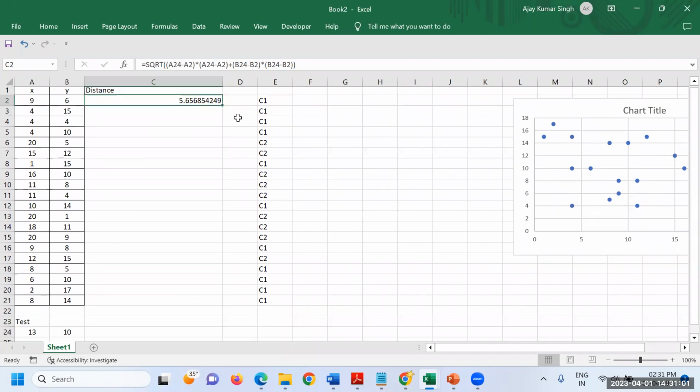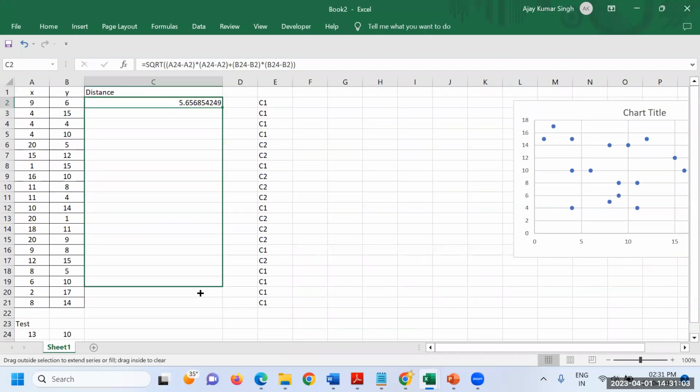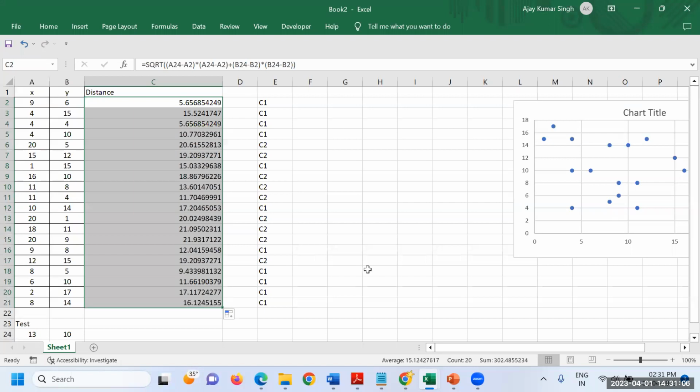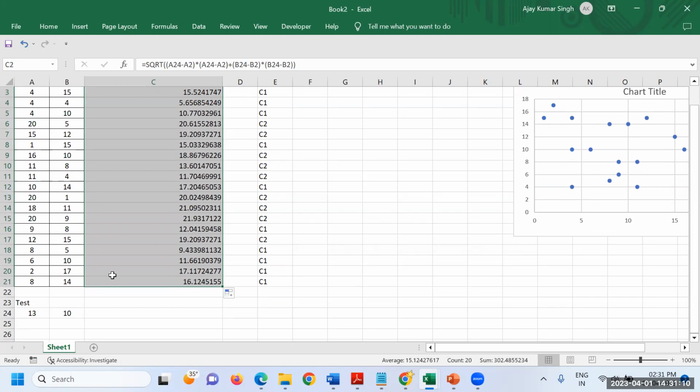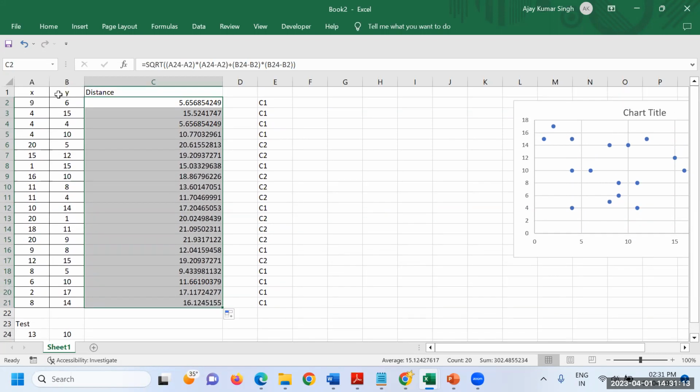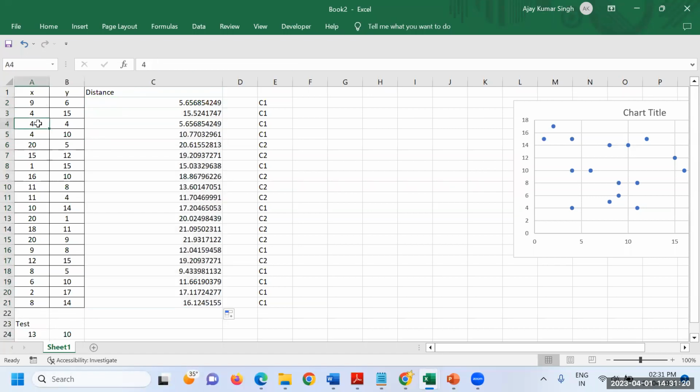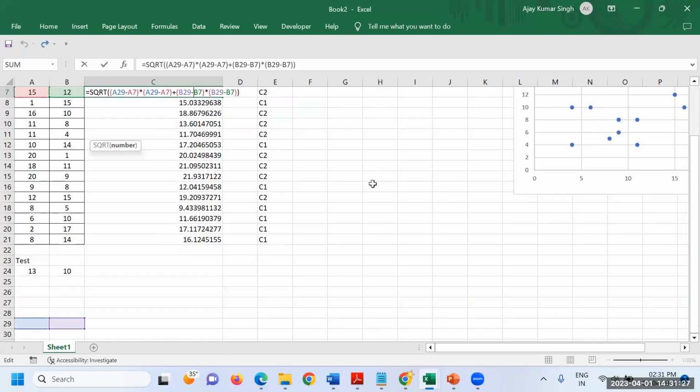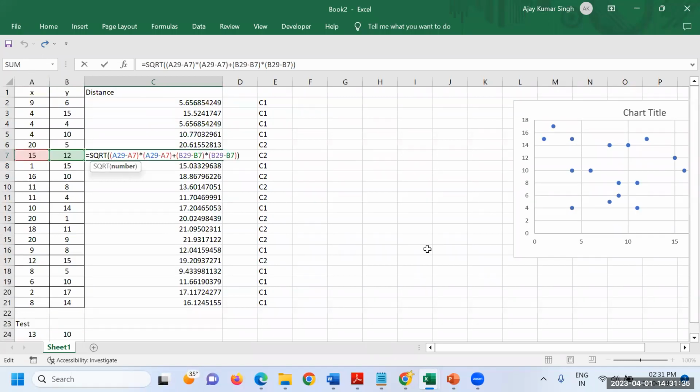And now I'm going to drag this distance because I want to calculate all the points. Means this test data with this point, what is the distance? With this test data, what is the distance of the next point? And so on and so forth. So I do this one. Now suppose I click this one. It is showing that it is not taking the difference of this and this, so it is not going to give the correct output.